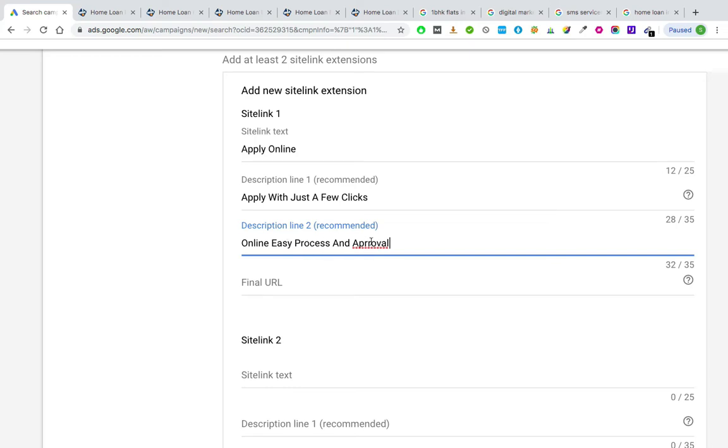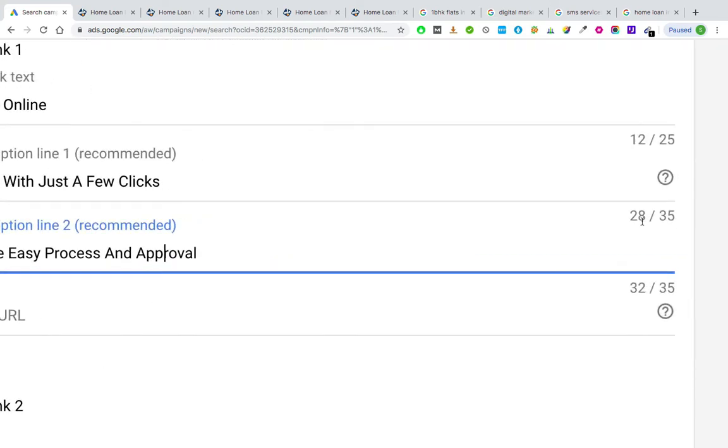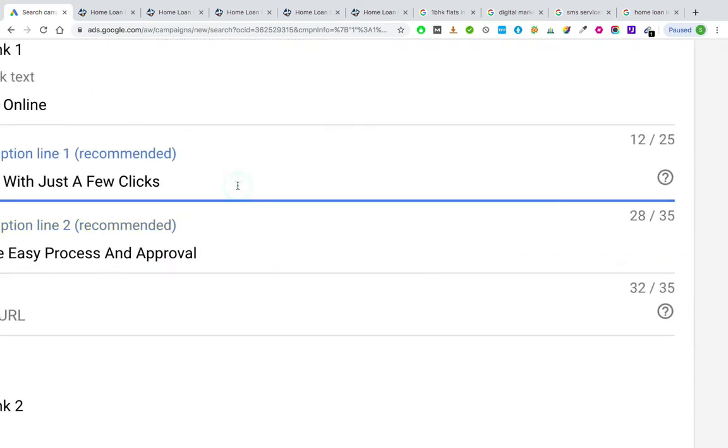Please don't judge me on this because I haven't had any time to prepare for this tutorial, but yes, just make sure that you don't exceed or you don't go beyond the specified characters. Let's see what happens if we do that. And Google won't allow you to save your site link. Okay, so make sure you are well within the specified limits.